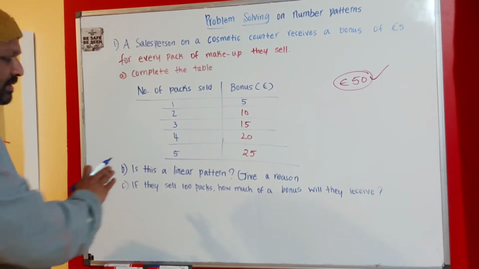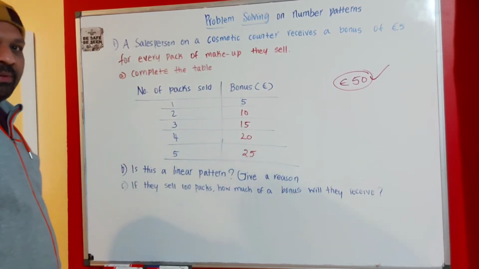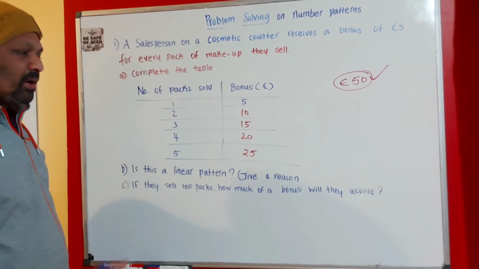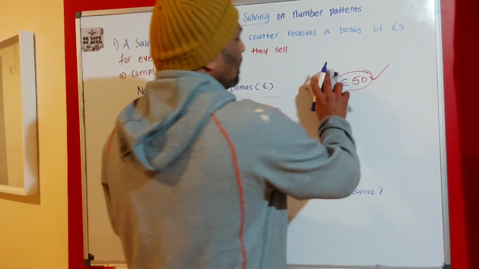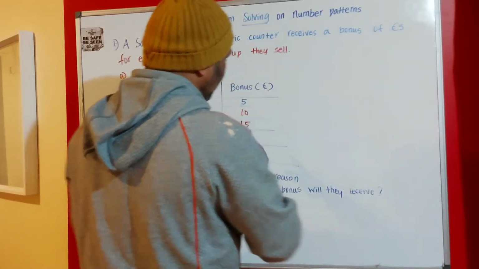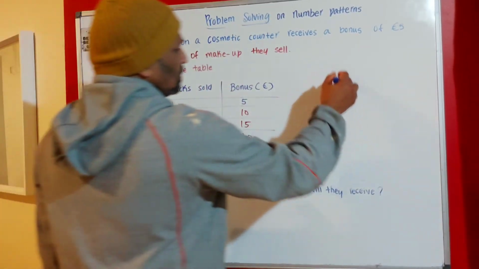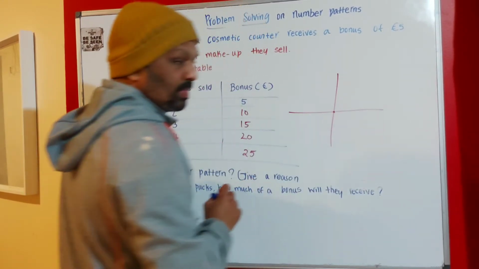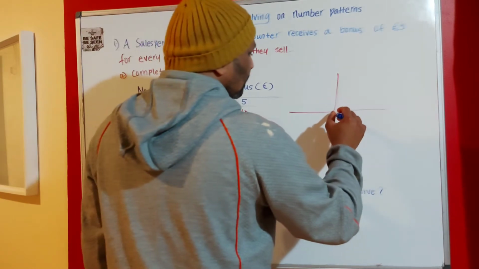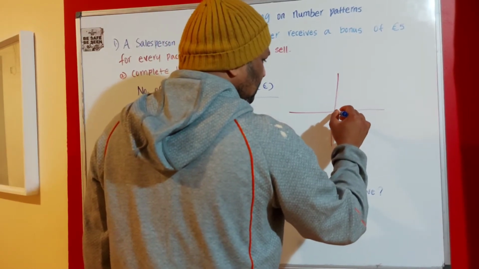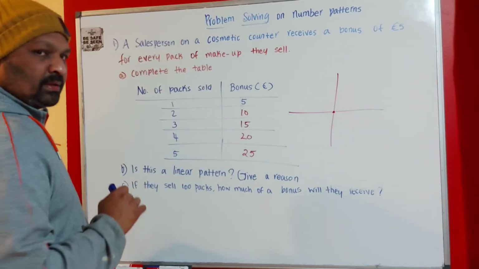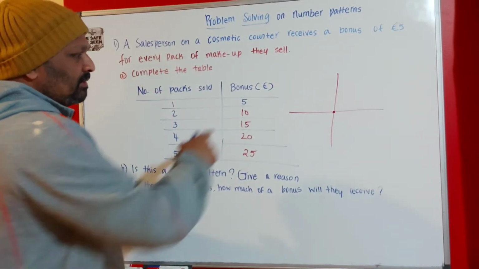Okay, that's how you have to identify whether the given series is a linear pattern or not. Alternatively, you can also find out by plotting it on graph paper. If you plot it, this series is going to intersect the y axis at 0. Such patterns are called linear patterns. For example, you plot it.